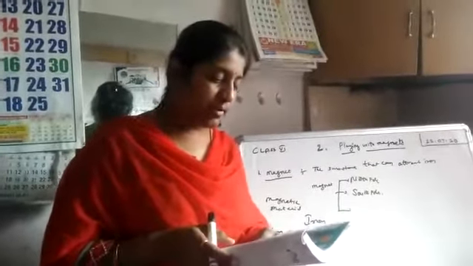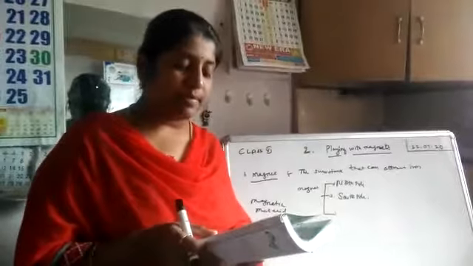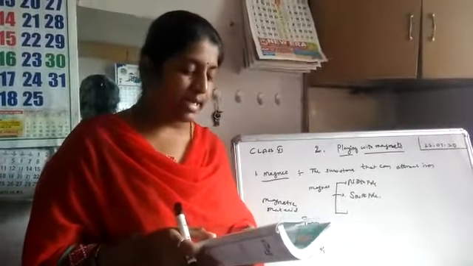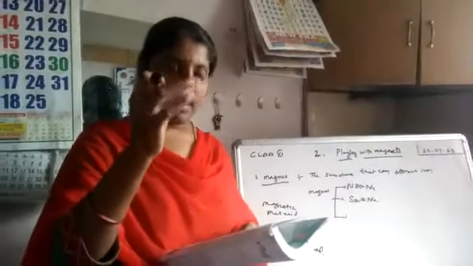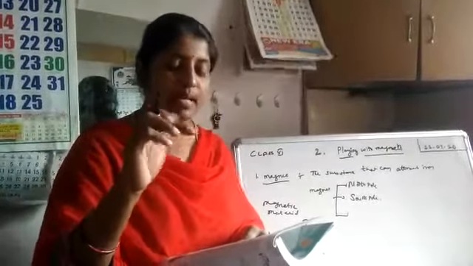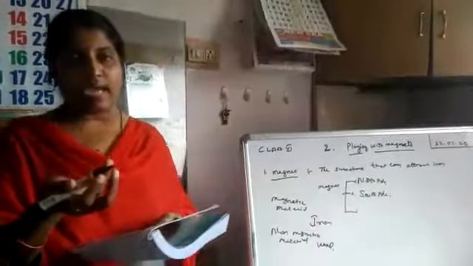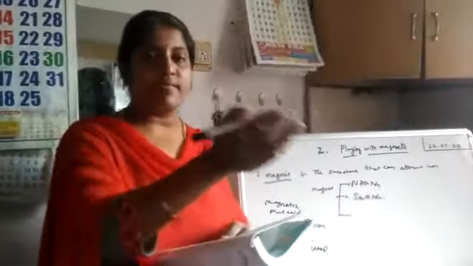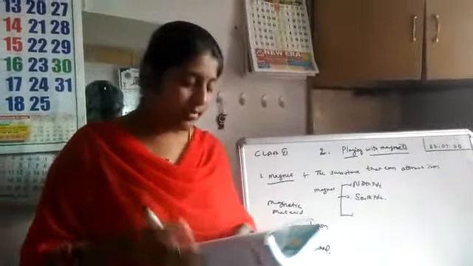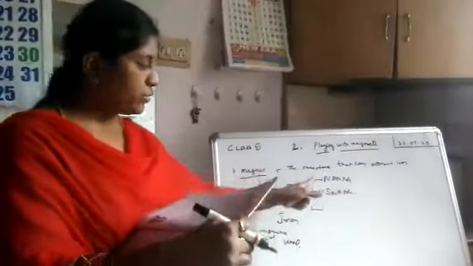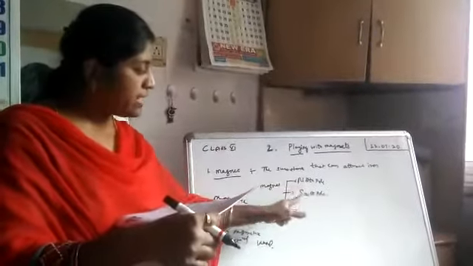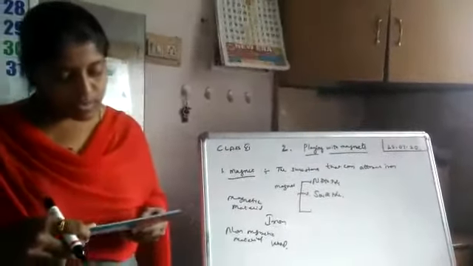And the next one, magnetic compass. The direction of a place can be identified with the help of a bar magnet. One magnetic compass means one bar magnet is on the magnetic compass that can be identified. We can identify the direction, this is the west, this is the south, like that we can identify. So already I told you, magnets are two types, north pole and south pole. So what is the north pole direction?